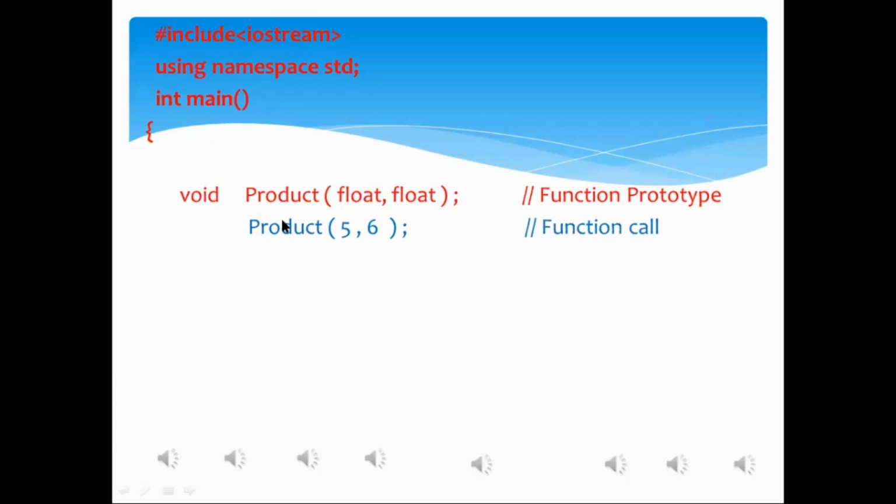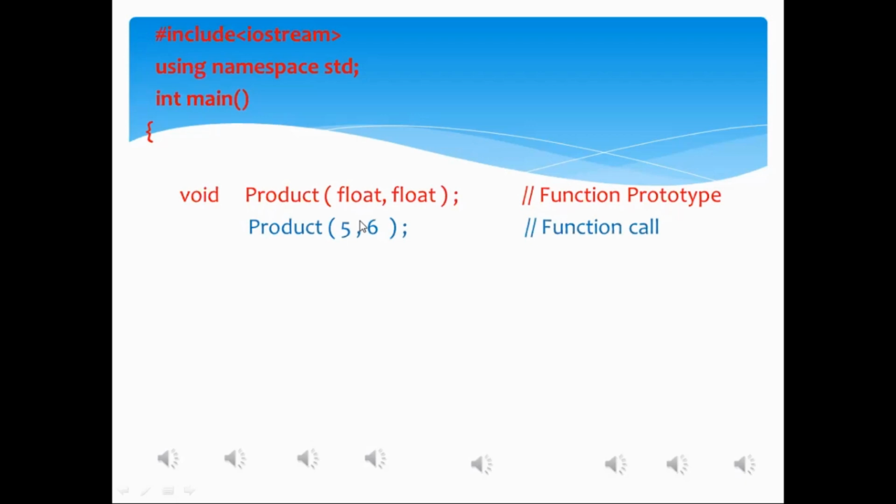For the return type void we do not write the void keyword, followed by whatever the arguments are. Whatever the number of arguments of the function, within the braces we provide the arguments in the shape of variables or data values. How many arguments are there, Mr. Hassan, in this function? Sir, 2. We have provided 2 arguments in the shape of data values.